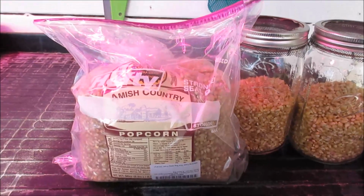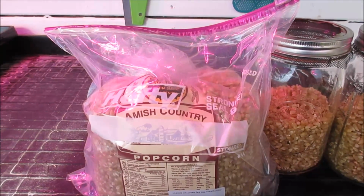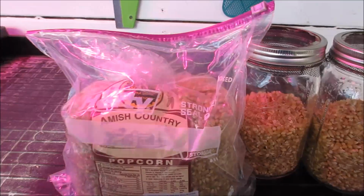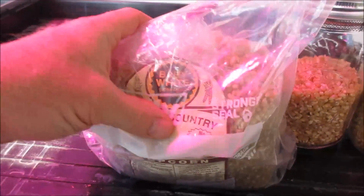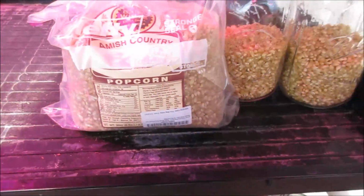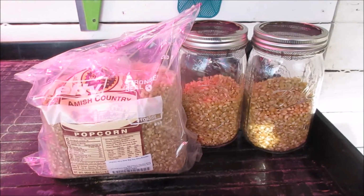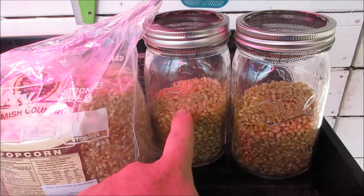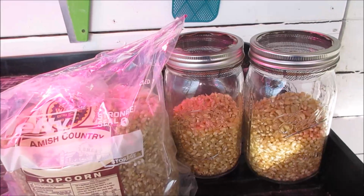Okay, I was encouraged by the pea grow. The density was phenomenal. So let's try some popcorn. This is just a variety I got online. Baby white, extra small and tender from Amish country. And so why not? And I'm planting, this is just two solo cups,